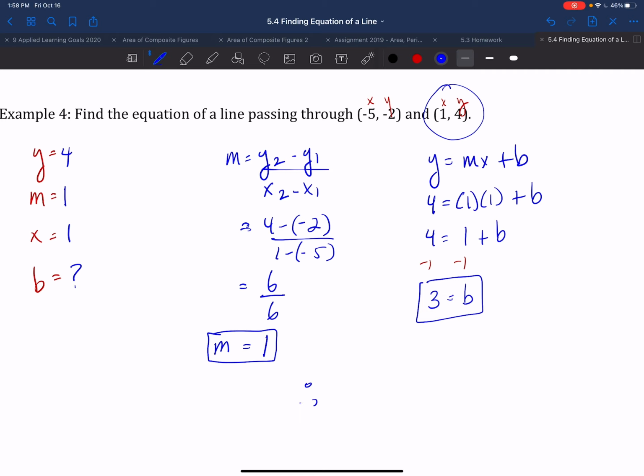So now we know that the slope is 1. So I can write 1x here if I want, but we don't write the 1. We don't have to, so it's just x. And then the y-intercept, or the b, is positive 3, so I write plus 3. Okay, that's